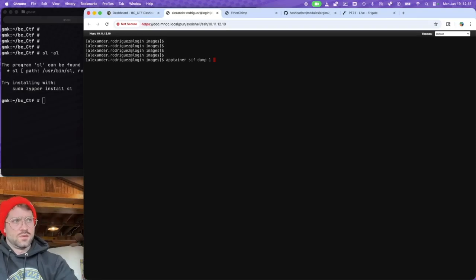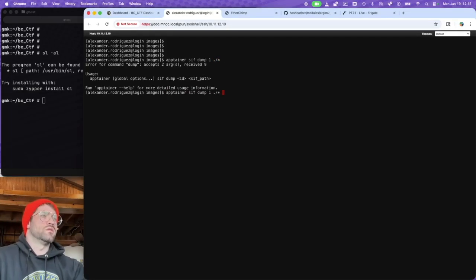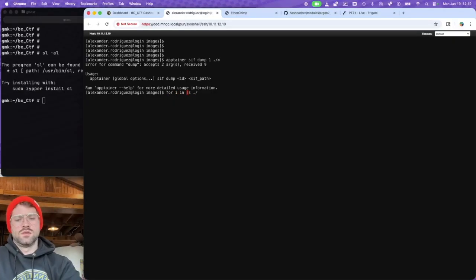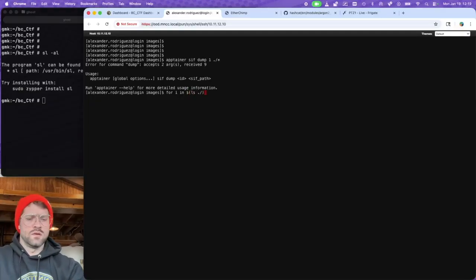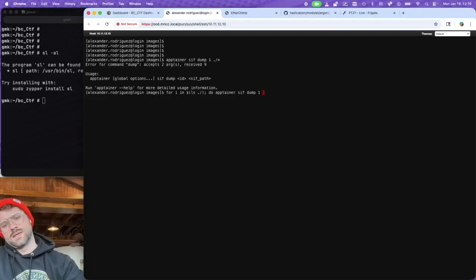Never run just anything random. So can I actually do that? Yeah, let's do a for loop: ls, for i in star. Come over here, give you a little bit of that. apptainer sif dump $i.